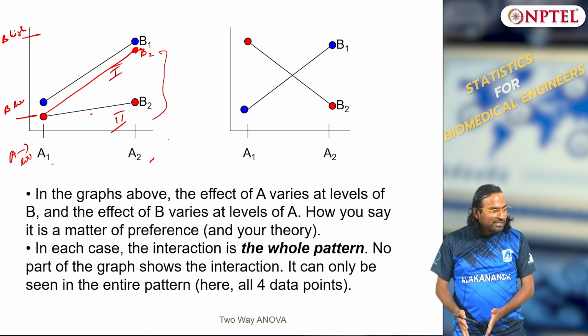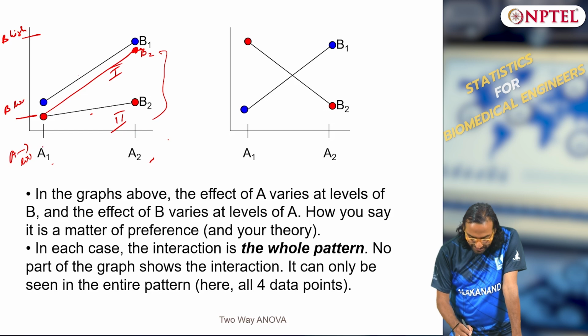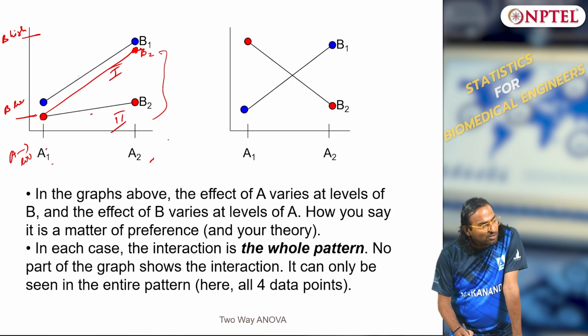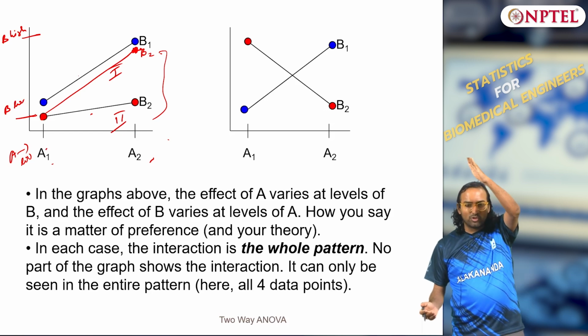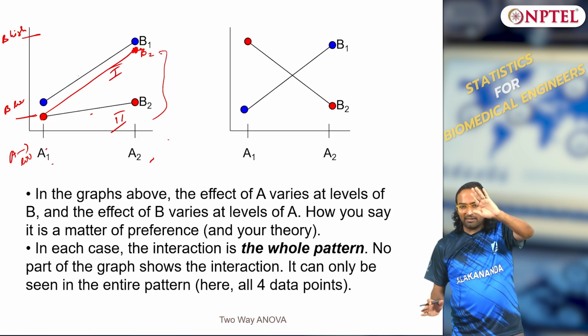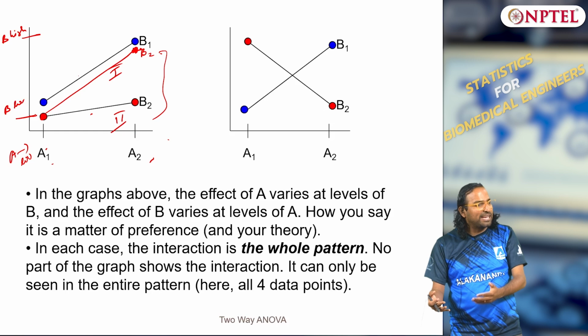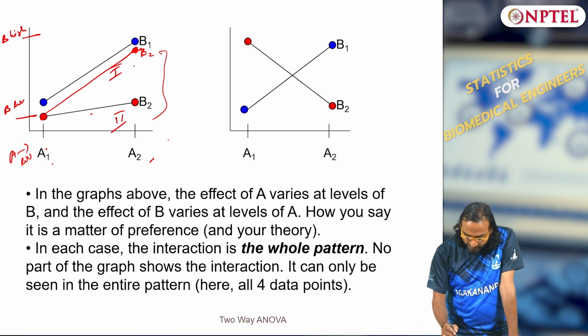Are there any questions here? A low, A high, B low, B high. A1 is nothing but A low. So, A low, B low is this point. Now, what do you expect? If it is just a linear change, A high, B high should be higher. And what is this one?